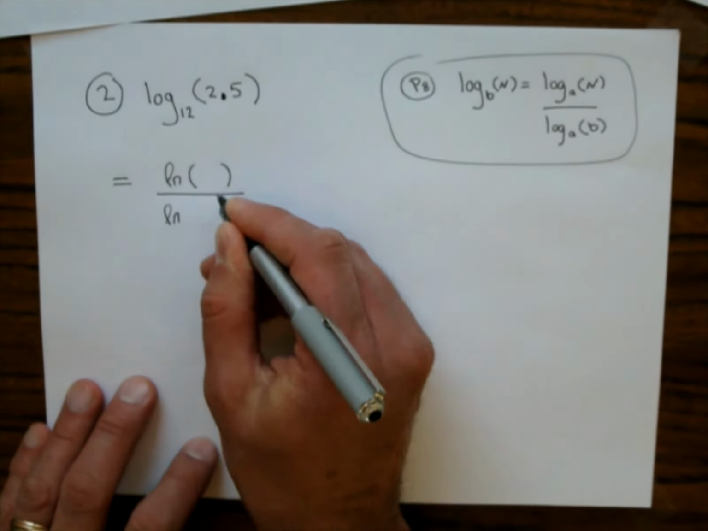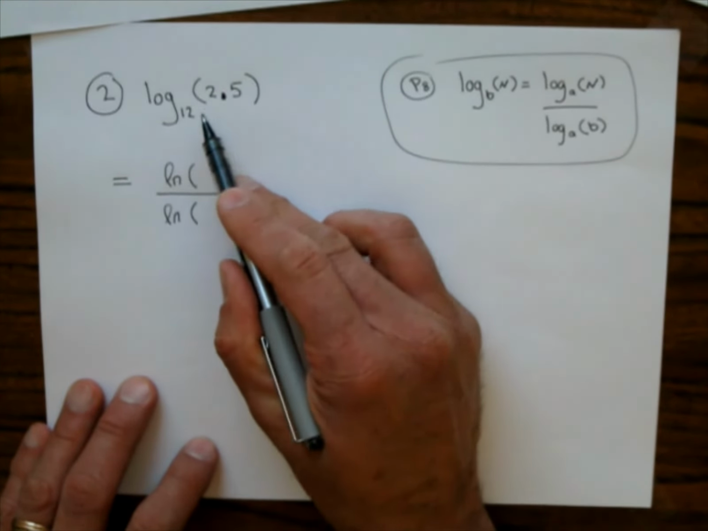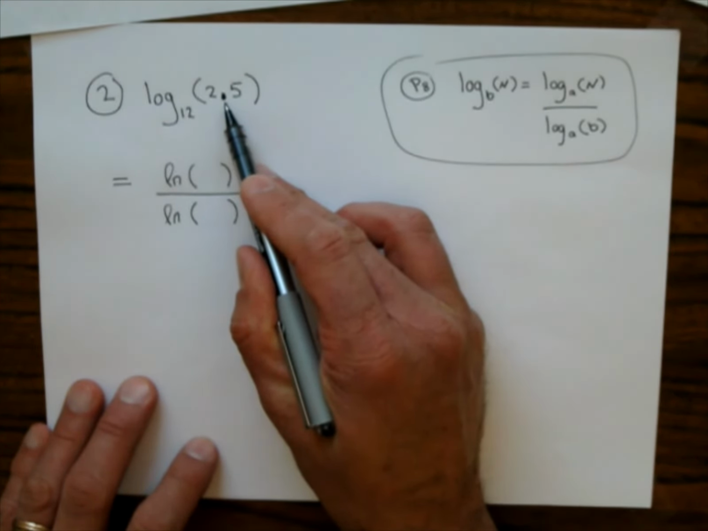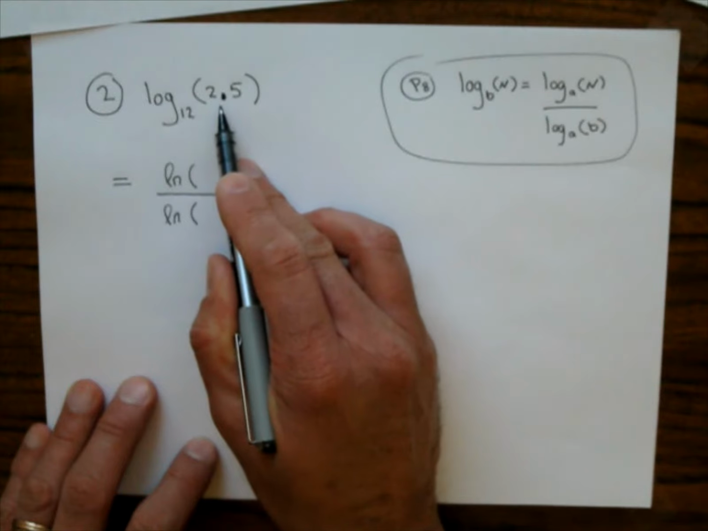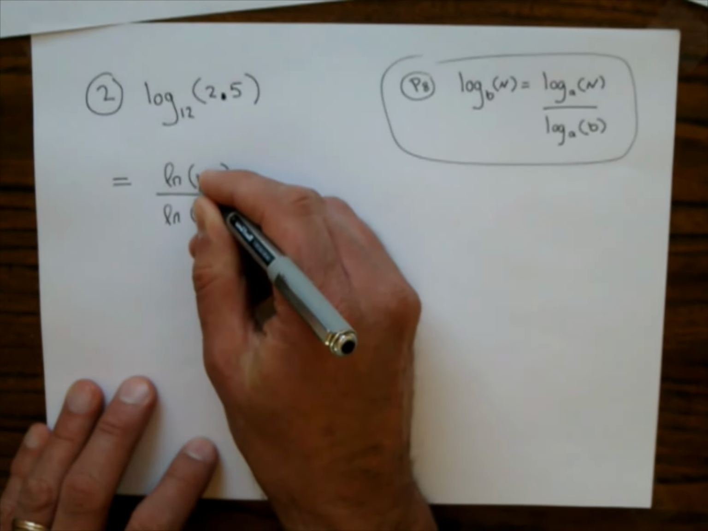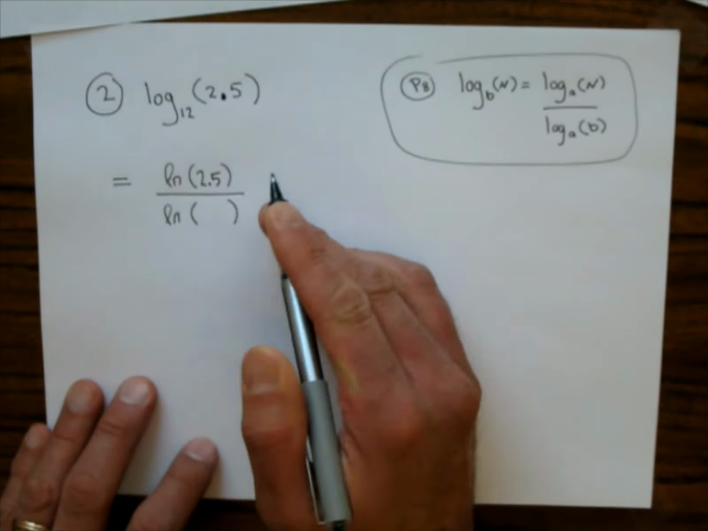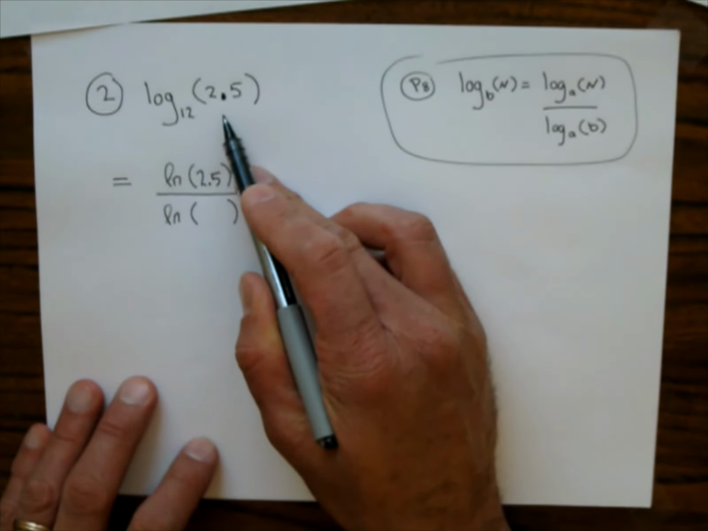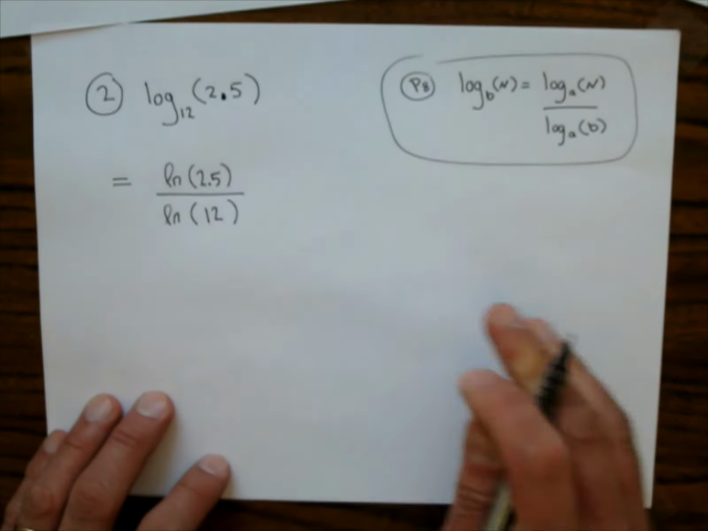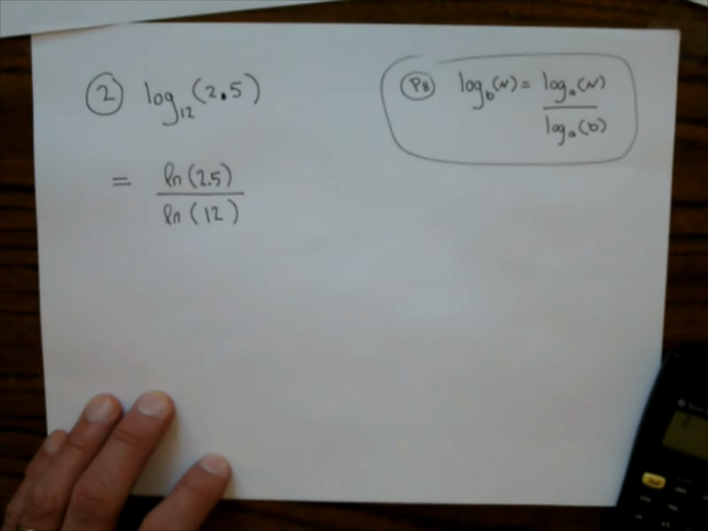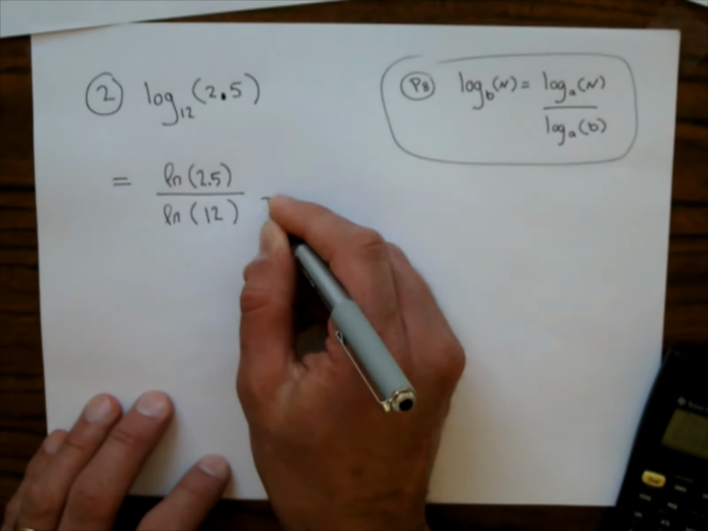Now here's the deal, we don't want to mix this up. One of these numbers is going to go on the top, and one's going to go on the bottom. The one that goes on the top is the one that's above. That's how I remember this. 2.5 goes there, and the one that goes on the bottom is the one that's lower down, and that happens to be 12. So on my calculator, I'm going ln of 2.5 divided by ln of 12, and this gives me